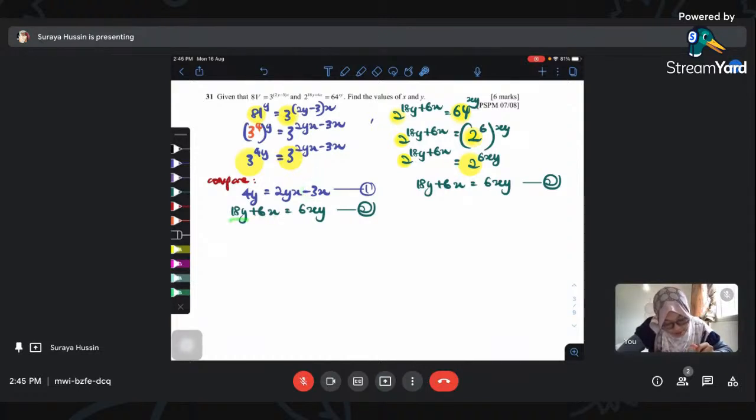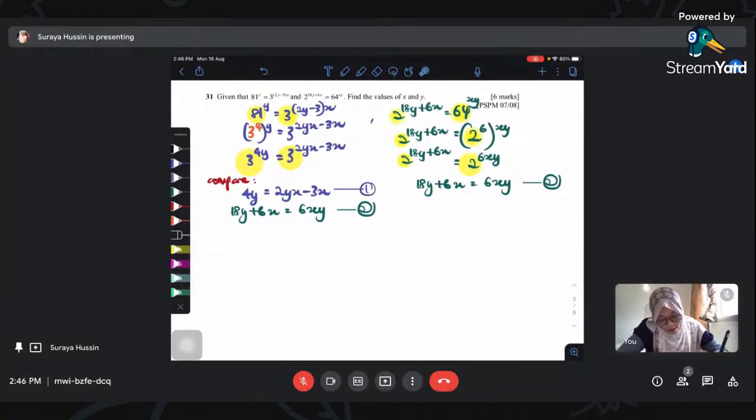18 tak ada. 18y dengan 4y. 6xy boleh dikaitkan dengan 2yx. 2yx adalah 2xy jugalah. So there are a lot of ways, guys. A lot of ways in doing simultaneous. We are trying to find x dan y. So kita perlu apply simultaneous equation. So for now, the way I do is, I think